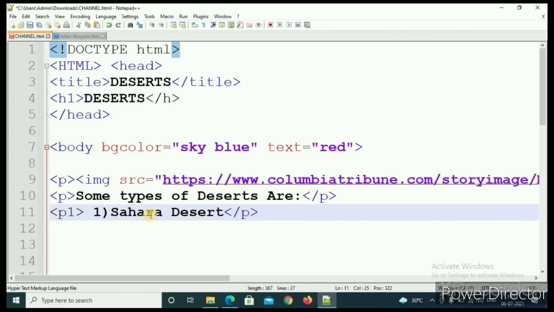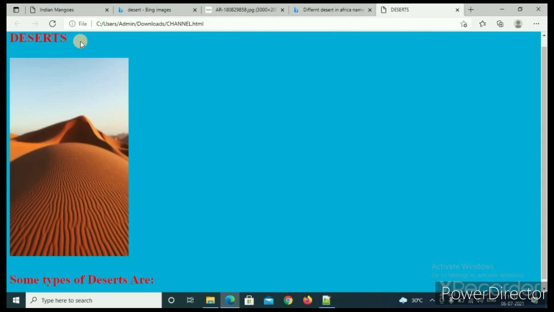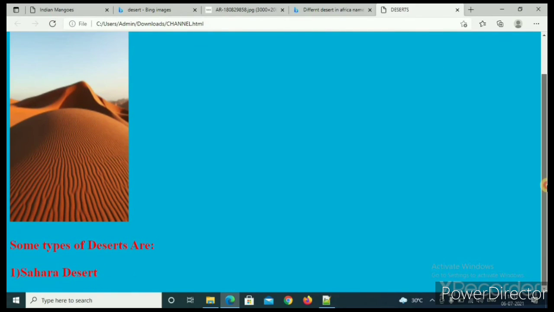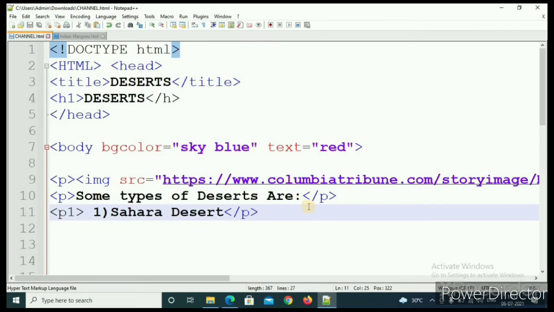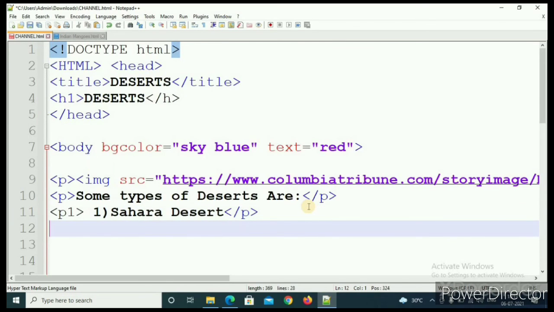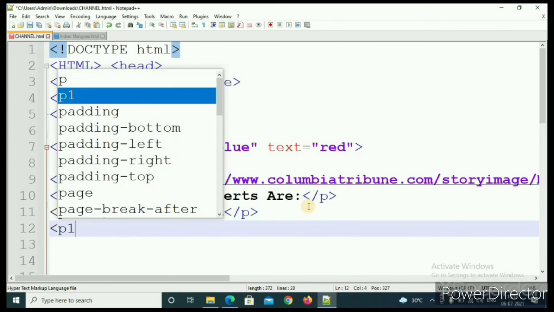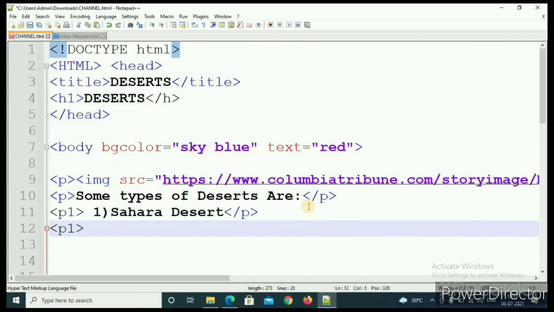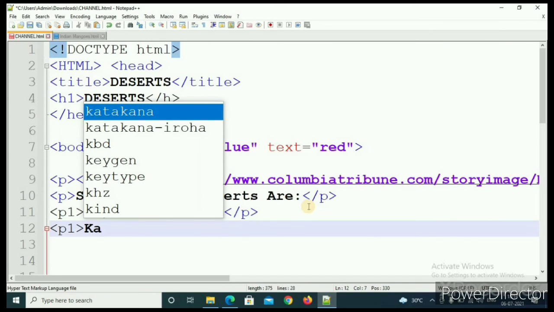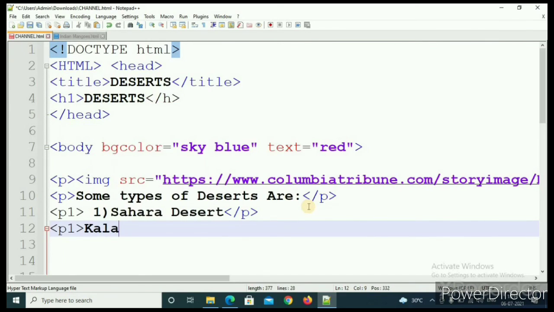Yeah, this paragraph completed. So let's see what's happening there. Yeah, it came, as you have seen. Sahara Desert, and then I will type Kalahari Desert. I will again press P1 and then Kalahari. All will be the same like the Sahara Desert.